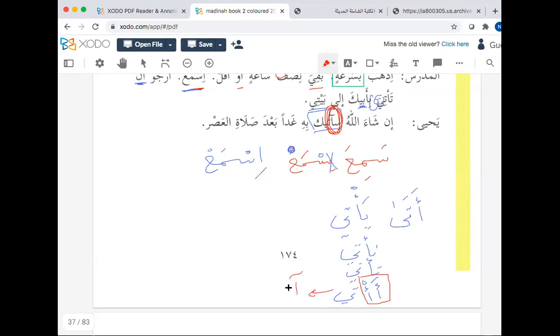So he said, ati, I will come. Then he said, bihi, I will come with him. It actually means I will bring him. And then the sa over there is for the near future. Sa'ati, seen and sofa, we covered them before. This is for mustaqbal. Sa'ati bihi ghadan. Did we cover ghadan before? It means tomorrow. Ba'da salatil asri.